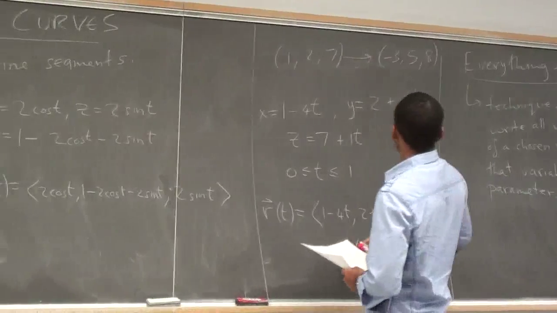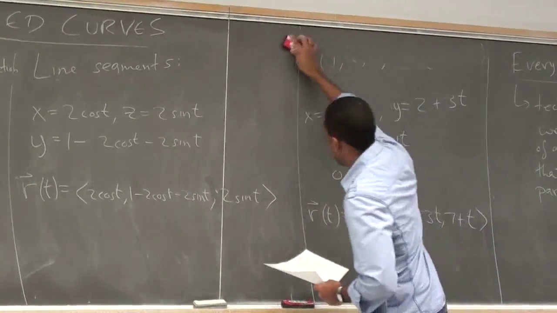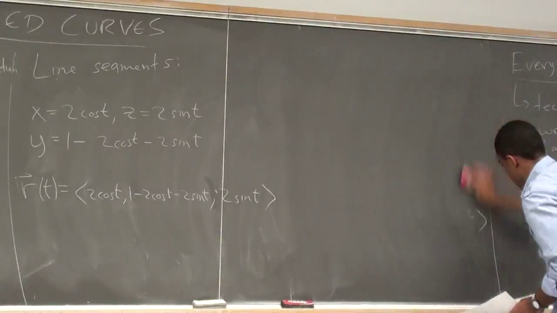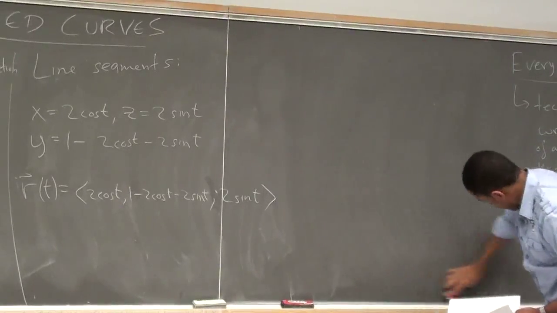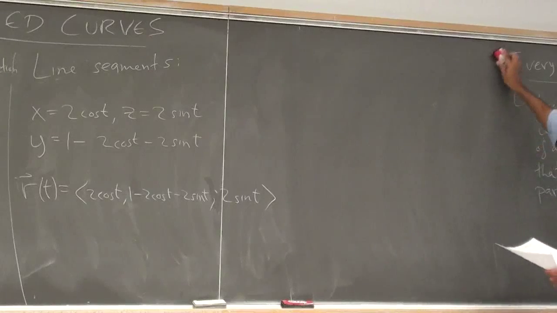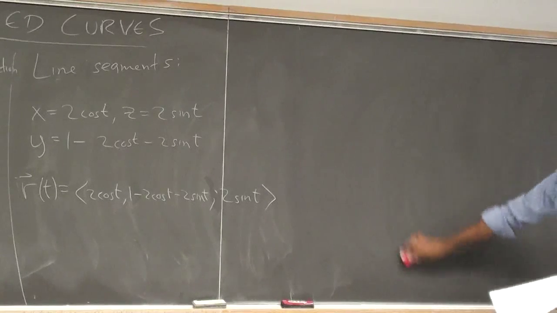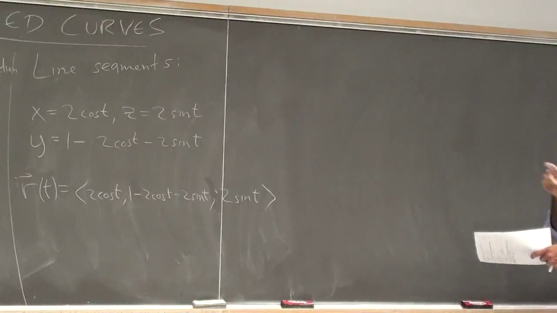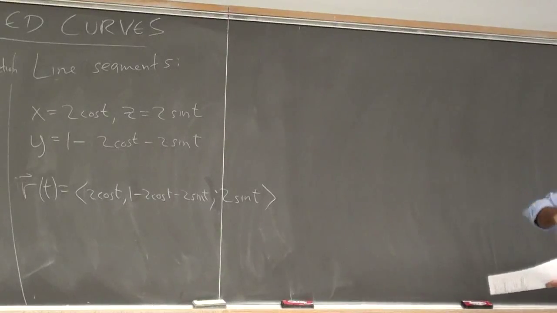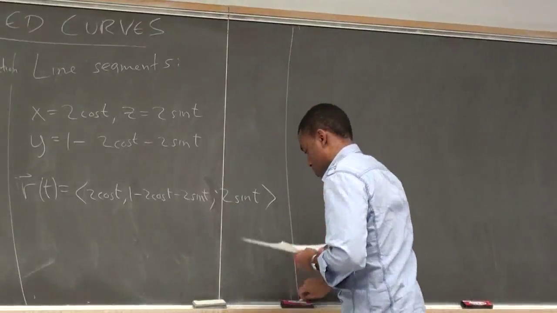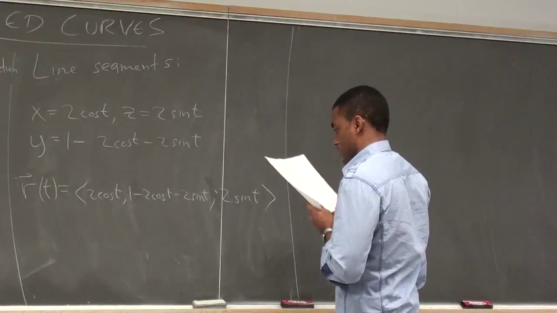So that is one way you can parametrize that curve. Don't worry about what it actually looks like at the moment. Just know how to parametrize it. Being able to find curves like these is going to be important later on, because a lot of times we're going to be intersecting surfaces, and then we're going to be doing things on the curves of intersection. So it's going to be important for you to know how to find them. So another